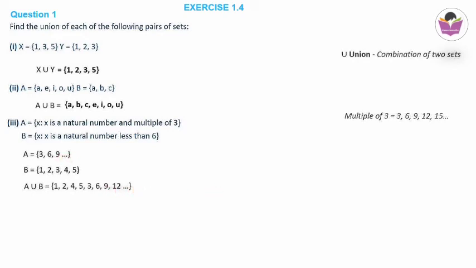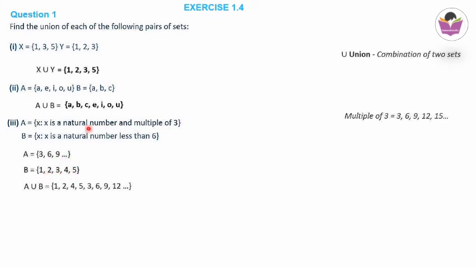Remember this etc. Please put it, because this is an infinite set. If you are not putting etc. here, where is this 12 coming from? It is coming from here only: the 9, then after that next number is 12. That's why 12 is included here. Then etc. also you have to put, because the first set is an infinite set and this one is a finite set. That's why there is an end here, but here it is an infinite set because it is going on as multiples of 3.